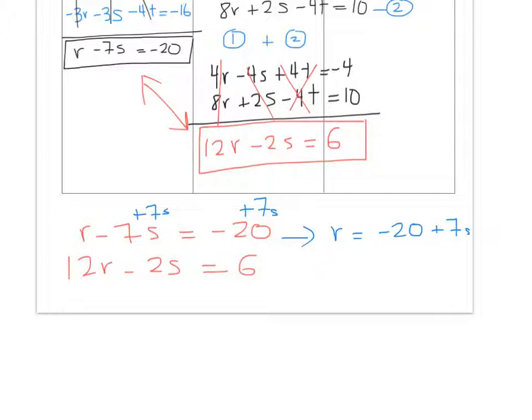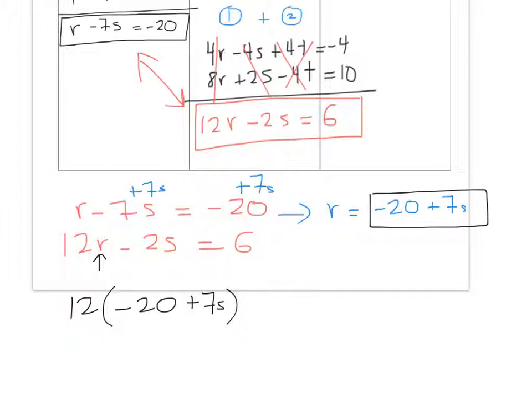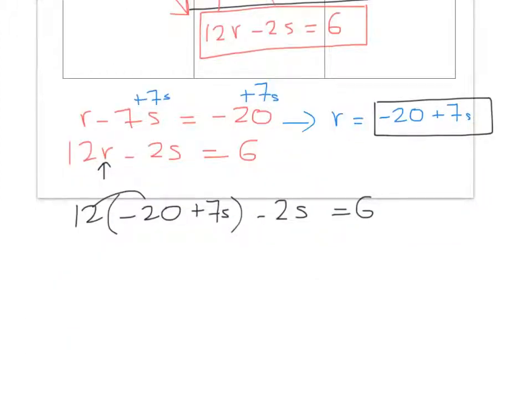Now after you solve for the single variable, you plug it into the second equation. So 12 times negative 20 plus 7s. So you see what I did? I plugged this in here where r is. And minus 2s equals 6. Now let's go ahead and distribute. 12 times negative 20 is negative 240, plus 12 times 7 is going to be 84s, minus 2s is equal